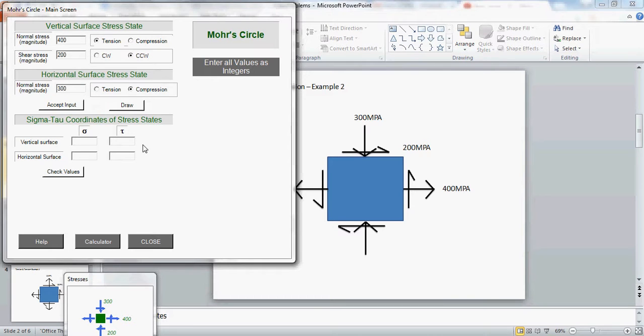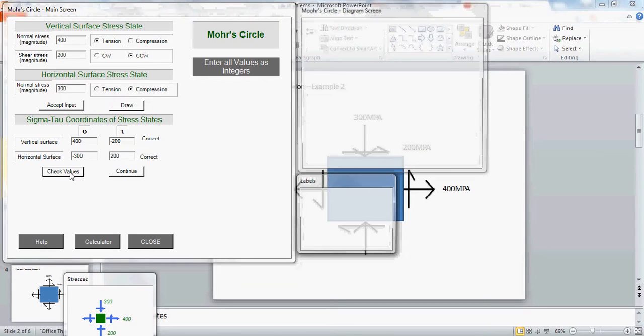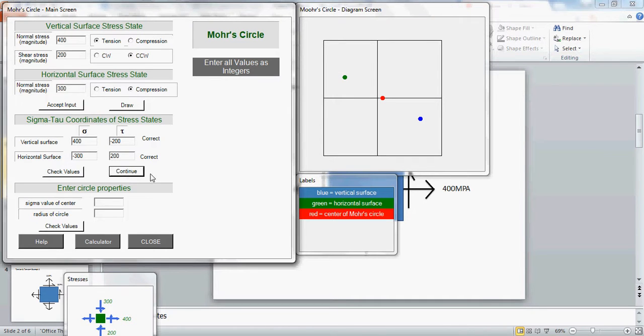So looking at your vertical surface, it's 400 tension, so it's positive. 200 counterclockwise, so it's negative. 300 on the horizontal, but it's negative because it's compression. And if you look here for the shear, it's trying to turn it clockwise, so it's positive. So then you can plot those 2 points, and it's time to get your